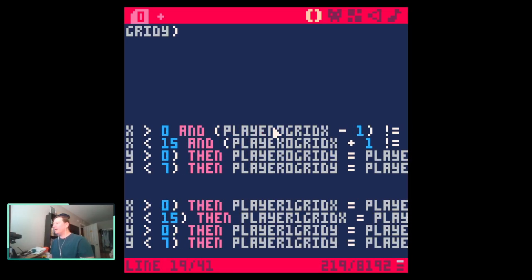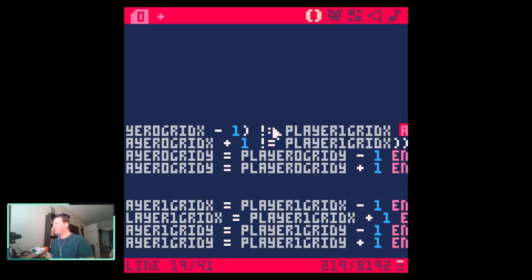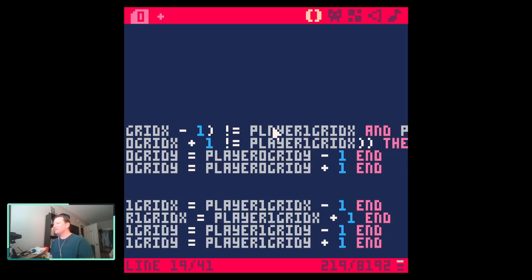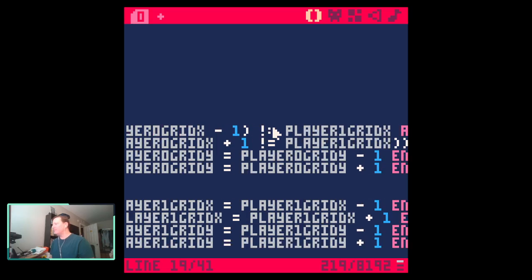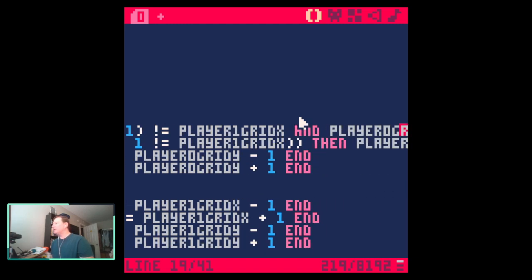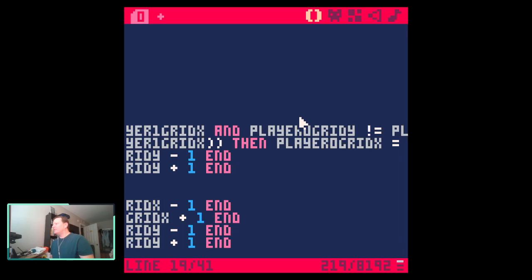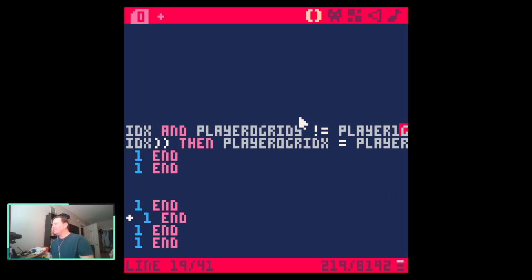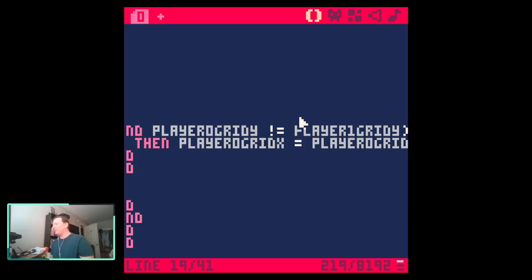So if player 1 grid x minus 1 is not equal to player 1 grid x, it's player 0 grid x minus 1. Yeah. No. And player 0 grid y, if it's not equal to where the player 1 is. So in other words, player 1 on the grid Y. So in other words, on the x-axis, if the player 1 is to the left, then you shouldn't be able to go left. And